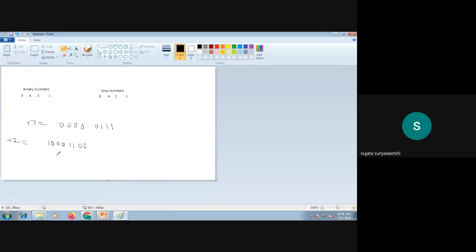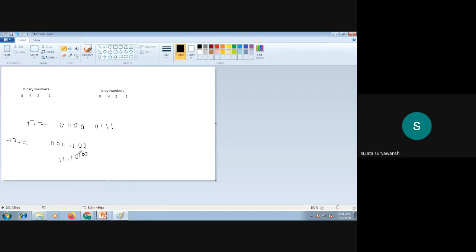First of all, you have to find the 2's complement of the given number. How to find the 2's complement here? Starting with the LSB bit, write down all zeros as they are till you get the first one. This is my first one. Then alter all bits: 1 makes 0 and 0 becomes 1, and the sign bit should be as it is. This is the magnitude of minus 12.